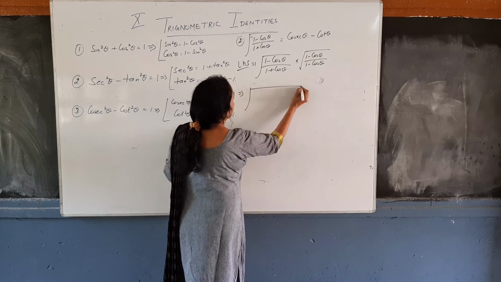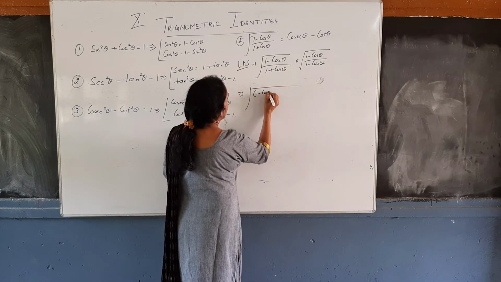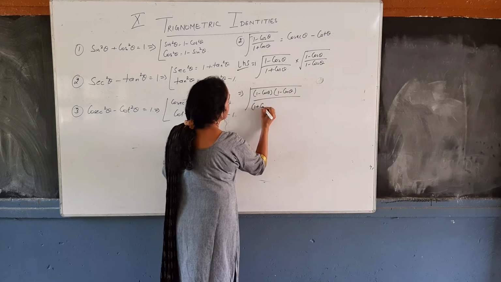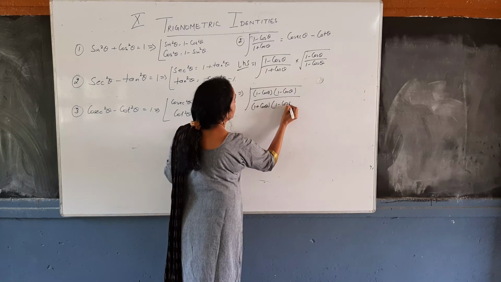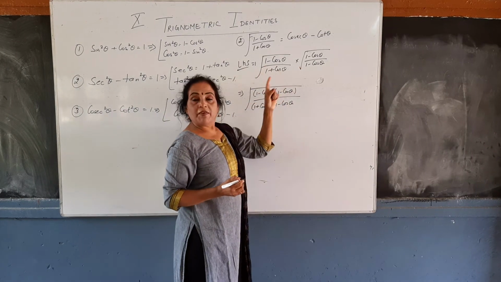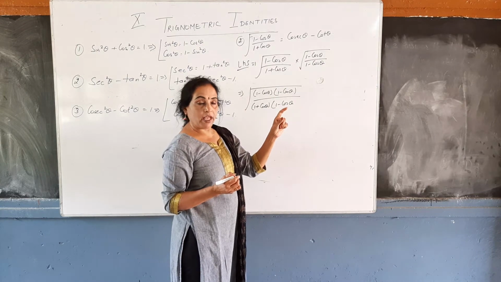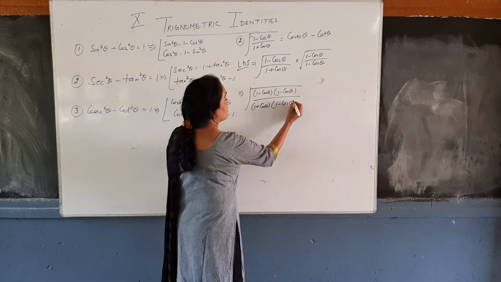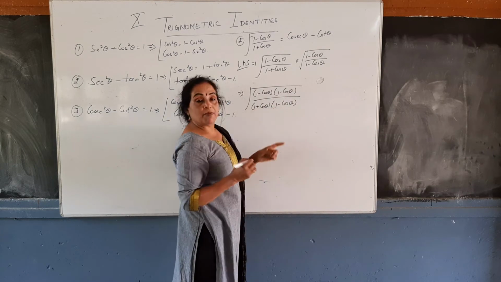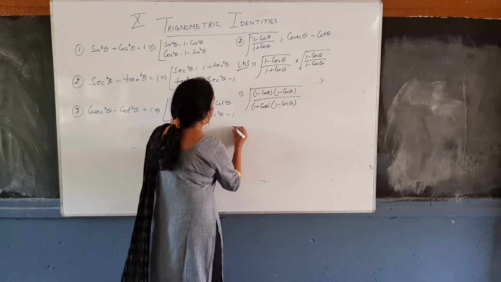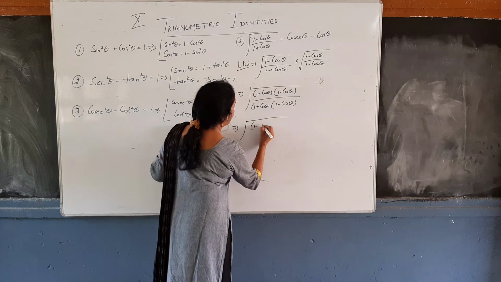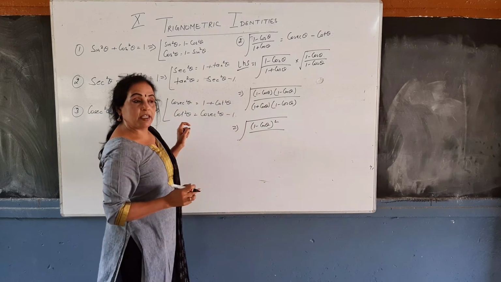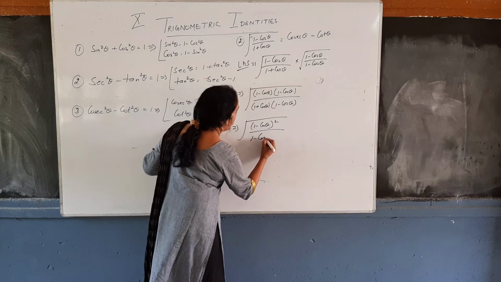Further we will get 1 minus cos theta into 1 minus cos theta, and 1 plus cos theta into 1 minus cos theta. Here, same way, root a into root b, we will write in the same under root ab. So it is 1 minus cos theta, 1 minus cos theta upon 1 plus cos theta, 1 minus cos theta. See the denominator terms. It is a plus b, a minus b, so we will use a square minus b square. So what we will get here? We will get 1 minus cos theta whole square upon a plus b, a minus b, a square minus b square. So it is 1 minus cos square theta.